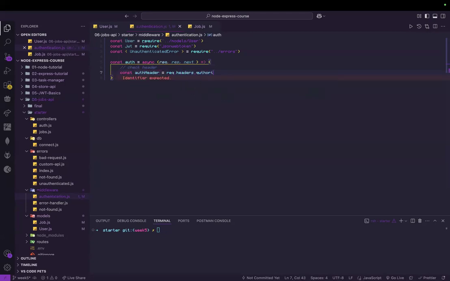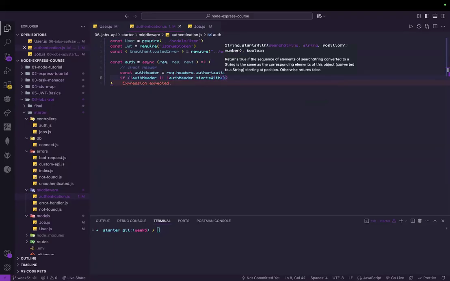Headers dot authorization. I'm so good at spelling. I actually promise that's not even me being sarcastic. I am good at spelling. I'm surprised I misspell stuff so much. All right, so if there's no auth header at all, or it's not the case that the auth header starts with bearer,